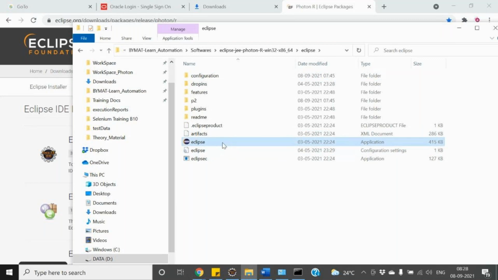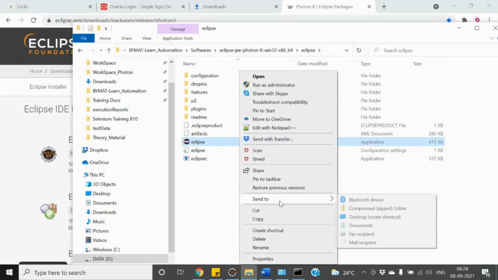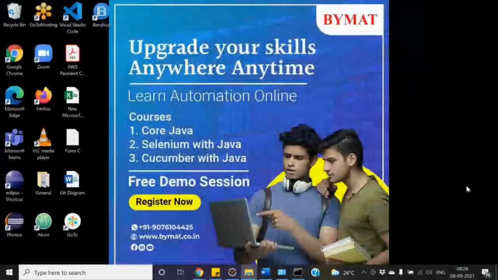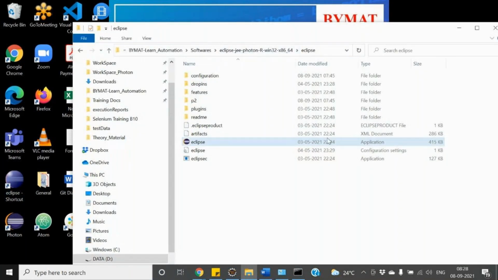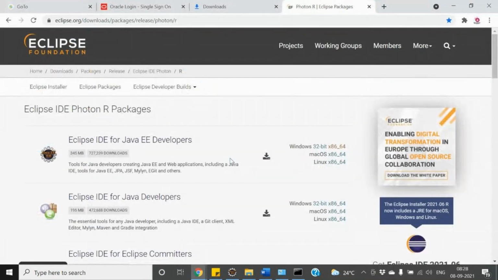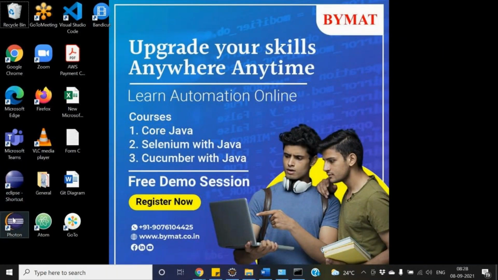So if I click on this icon, it is going to launch Eclipse for me. Yeah, so instead of coming here every time, I'll just right click on this icon and create a shortcut on my desktop. So send to, I'll say desktop. It's going to create a shortcut on my desktop, so that I'll have Eclipse on my desktop. Something like this, and then I can use it as and when I require, right? Instead of going into this folder and browsing every time, it's a good idea to create a shortcut on my desktop, and then I can use it, isn't it?